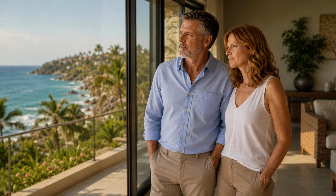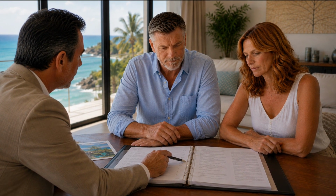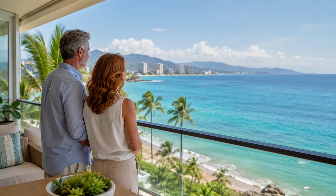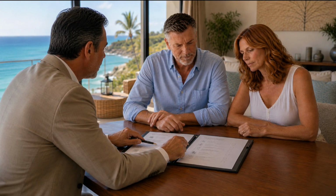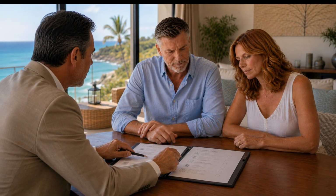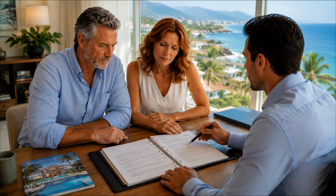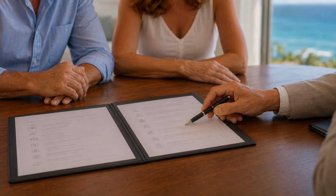Before you buy property in Mexico, there is one mistake that can create a lot of problems. Many buyers fall in love with the home first. The ocean view, the price, the lifestyle, and only later ask the most important question: has this property actually been verified? If you're an American thinking about buying property in Mexico, this is one step you do not want to